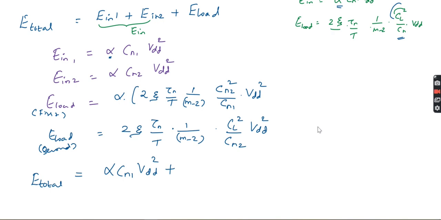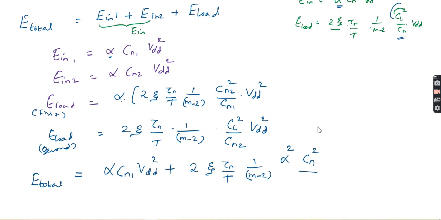That is the input stage, not the first stage, the input stage. VDD square plus 2 into tau 1 by t 1 by m minus 2. So here we are saying this alpha is right. I am going to take this alpha, so alpha square, right? Alpha square Cn square